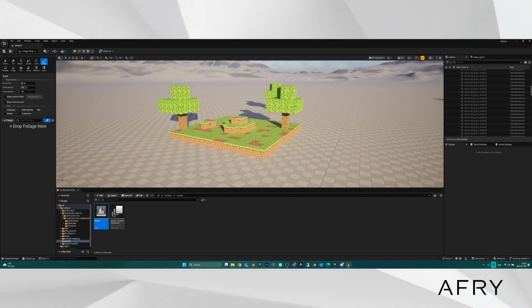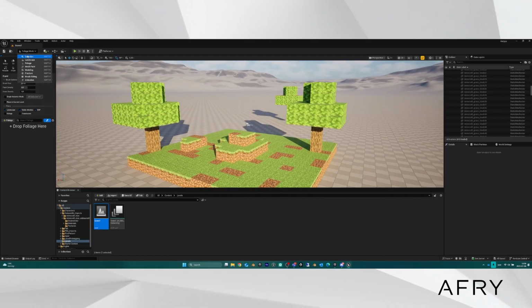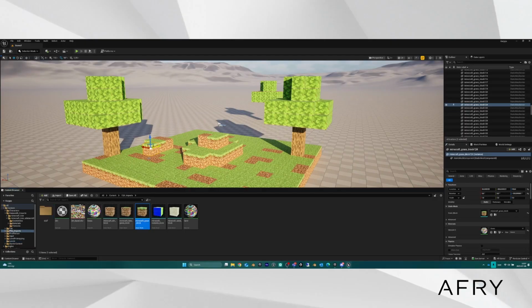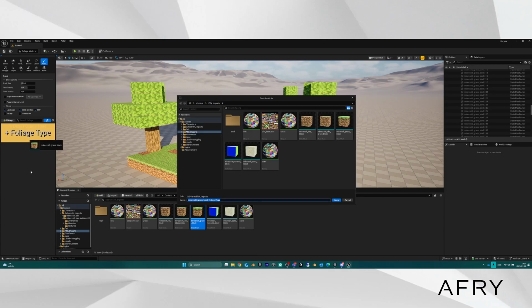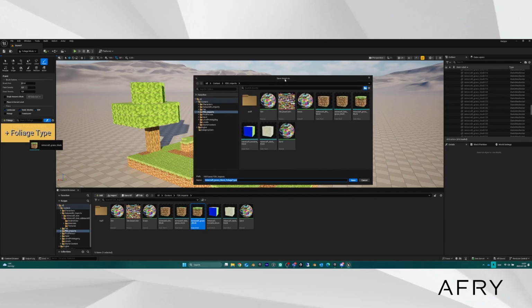So if we, for example, go into selection mode again and find our blocks, for example, foliage, we can select like this block and drag it here, and then we will get this pop up, because